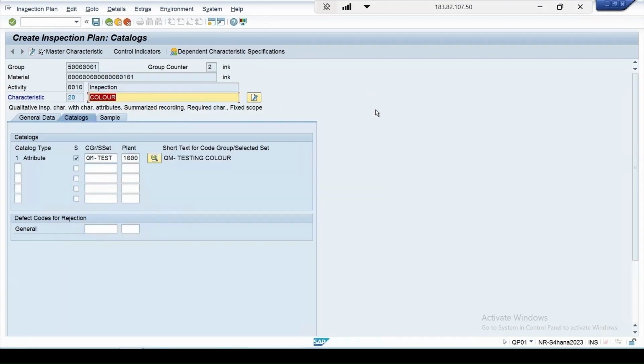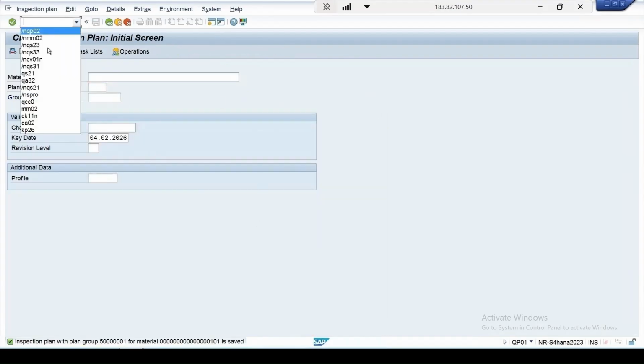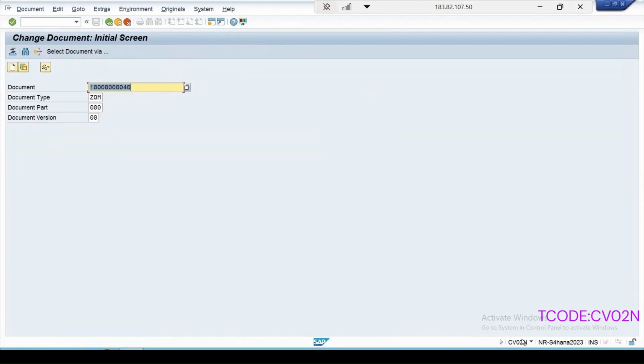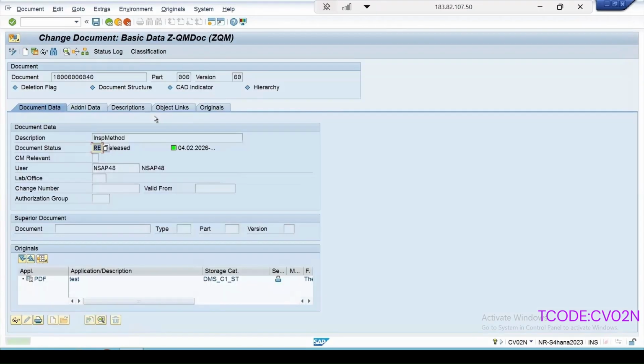Let me save this, the document info record once. So I'm going to CV02 and enter. Document number is 40 with the document type ZQM. Press enter key. It's in released mode and we have attached this PDF file here, and in the additional data